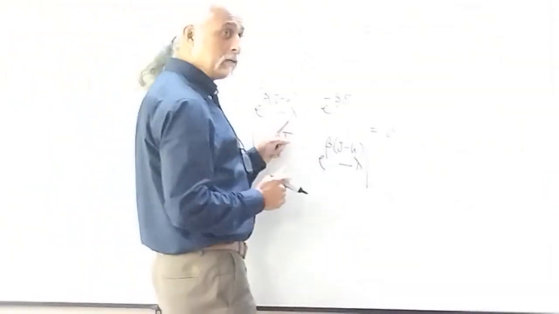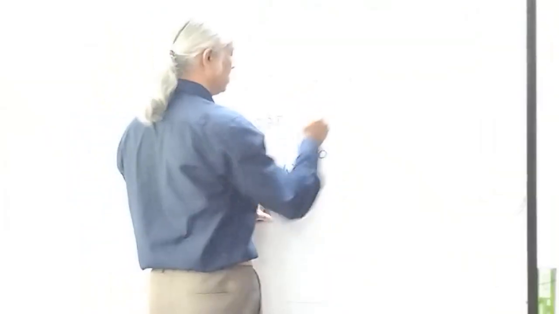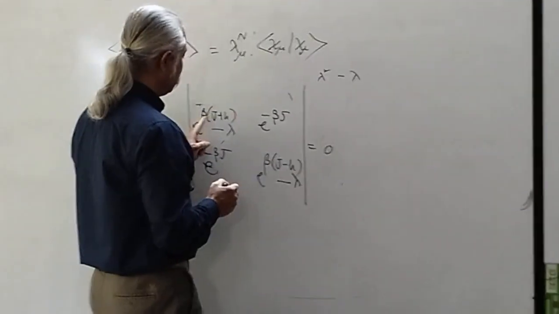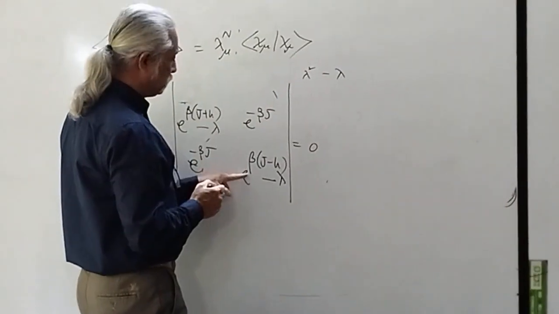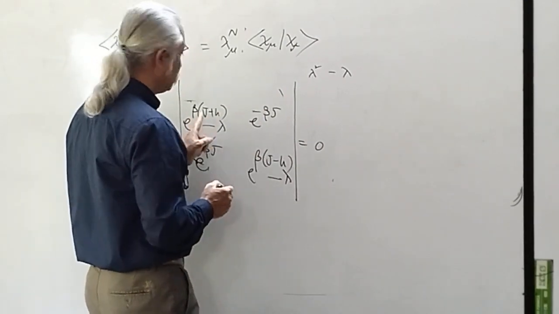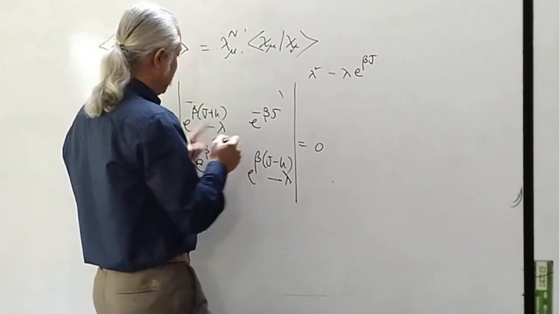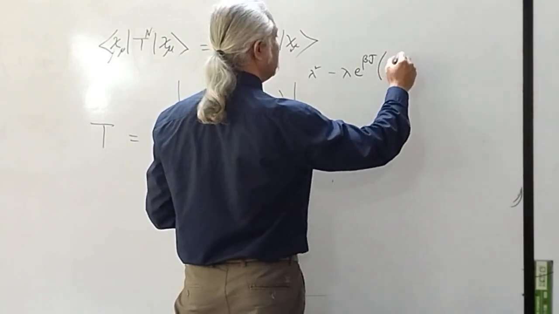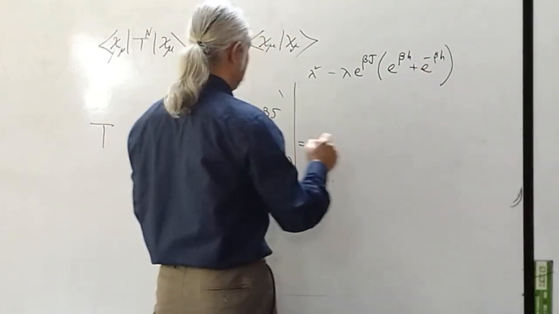তাহলে সমান কত হয়? এটা টাইমস এটা, তাহলে ল্যামডা আর ল্যামডা স্কয়ার, তাহলে ল্যামডা স্কয়ার, তারপরে এইটা টাইমস এটা, মাইনাস ল্যামডা একটা আছে, তাহলে মাইনাস ল্যামডা যদি কমন নিই তাহলে আই হ্যাভ e to the power beta h। আবার এইটা টাইমস এটা করলে e to the power beta h, তাহলে ল্যামডা দুইটা আছে, দুইটা মাইনাস, এখানেও বিটা j আছে, এখানেও বিটা j আছে, তাহলে একটা বিটা j আমি কমন নিতে পারি। আরেকটা থাকবে e to the power beta h plus e to the power minus beta h।